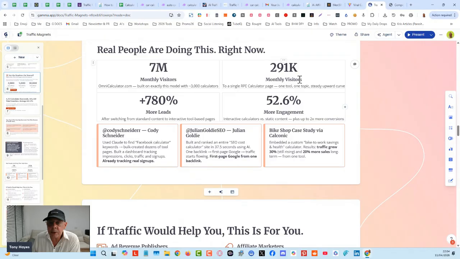When I was doing that, I found some quite well-known people in social media circles. Corey Schneider here. Basically, he used Claude to find Facebook calculator keywords.